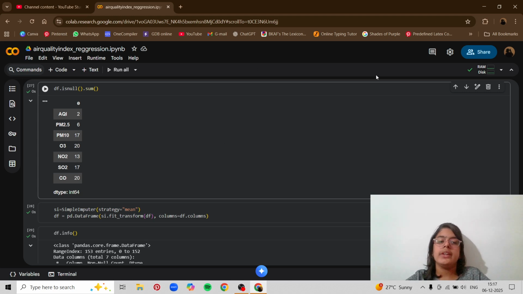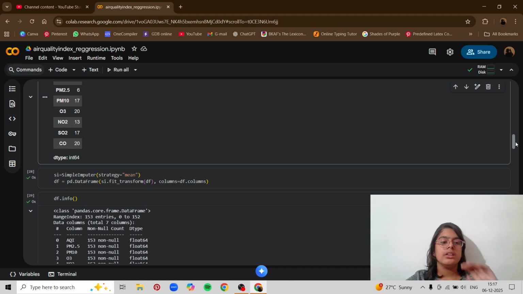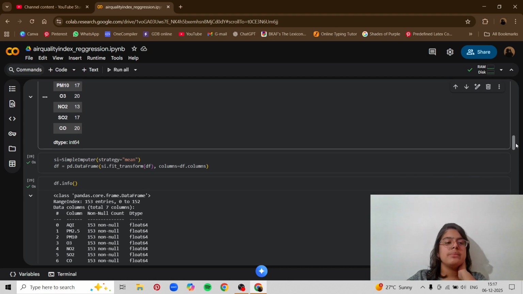So we're first going to train the data and then we will test it. Now I am using simple imputer. What is simple imputer? It is a function that helps me fill all the null values at once.